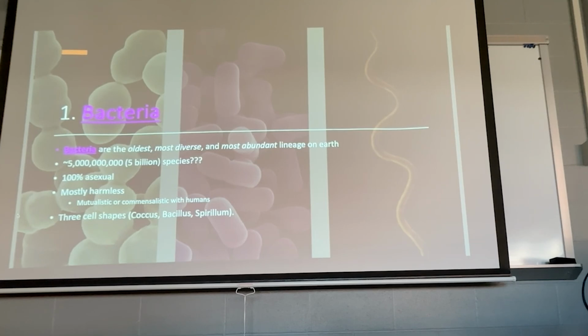they do come in 3 major shapes. Circular, as you can see here. This is what is called coccus. So coccus is circular, C for circular. They can come in a cylinder or elongated form that's straight, that's called bacillus. And then they can come in a spiral or spirillum form that looks kind of like a very small worm, right? And these are often called spirochetes. So these are the 3 cell shapes you can take if you're a bacterium.